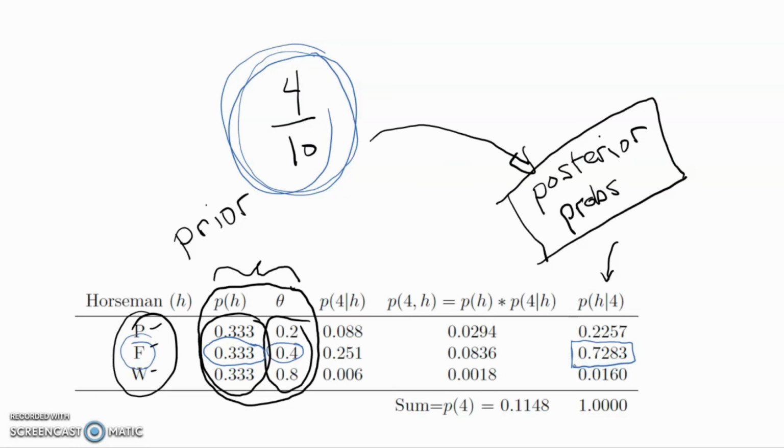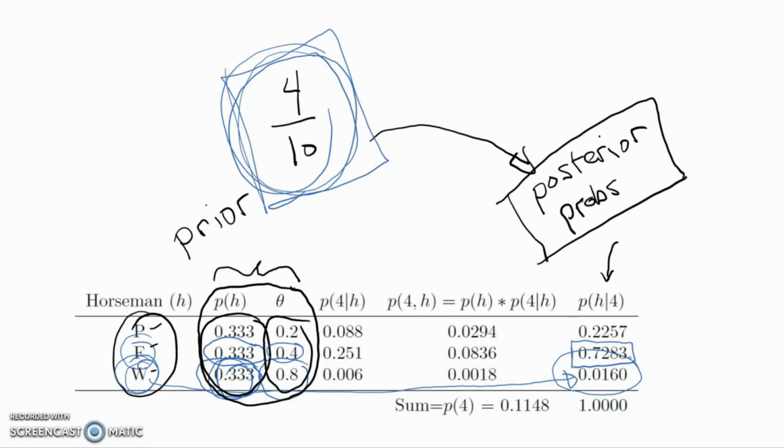In contrast, if we think about war, which initially was as equally likely as famine to be responsible, it typically kills 80% of the people. So given that only 40% mortality occurred, the probability that war was the responsible culprit has dropped substantially from 0.333 to